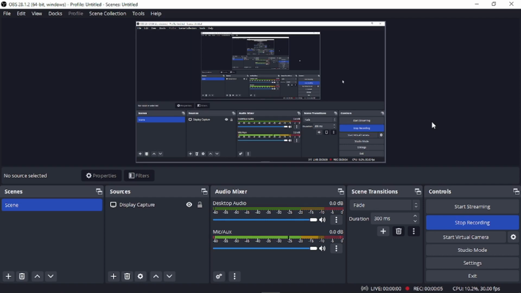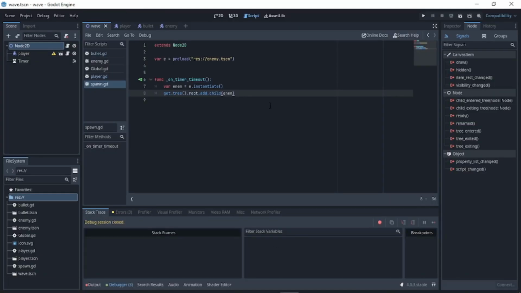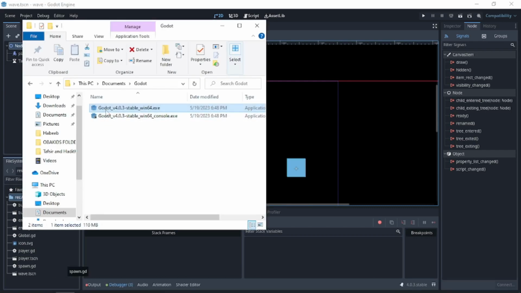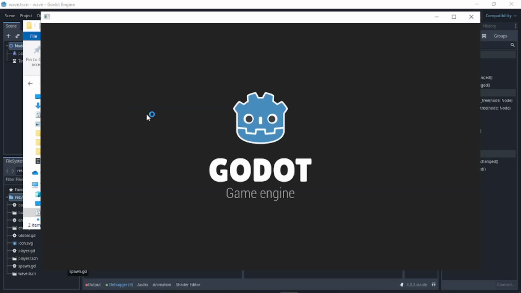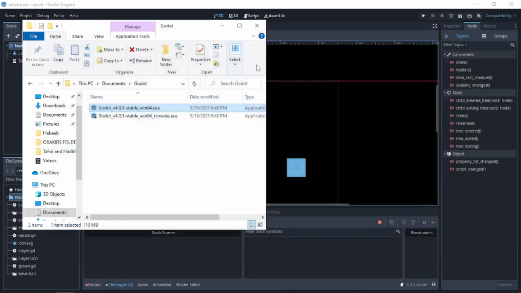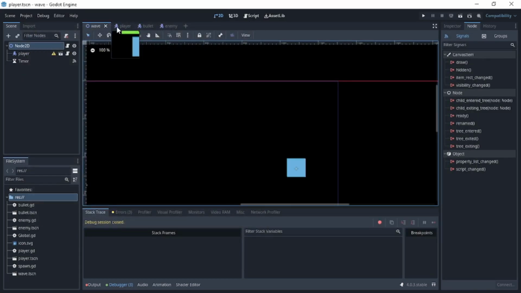Today we're going to learn adding player health, particle effect and sound effects to our wave shooter in Godot. So first, open your wave shooter project in Godot. You see that I already have it opened. Open up Godot and then click on your wave shooter project. Now that you've opened it,